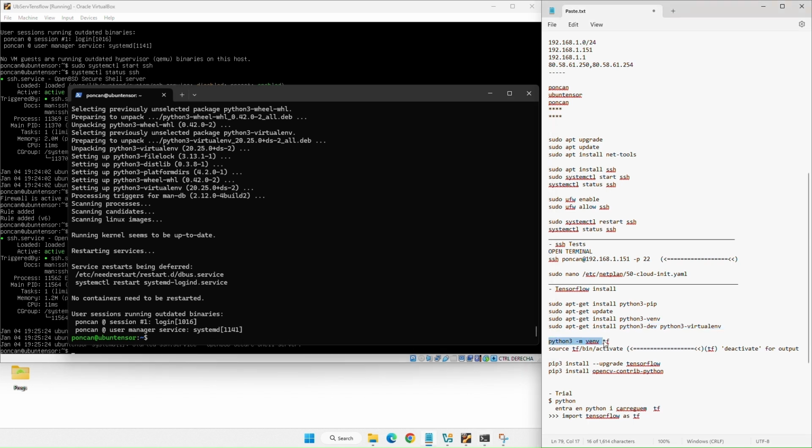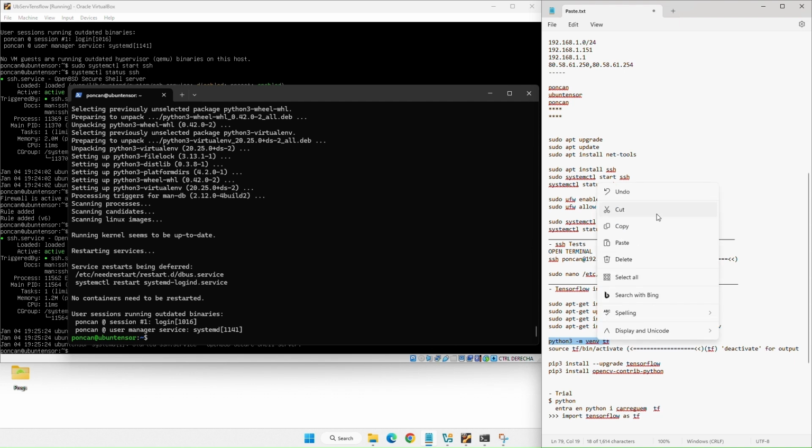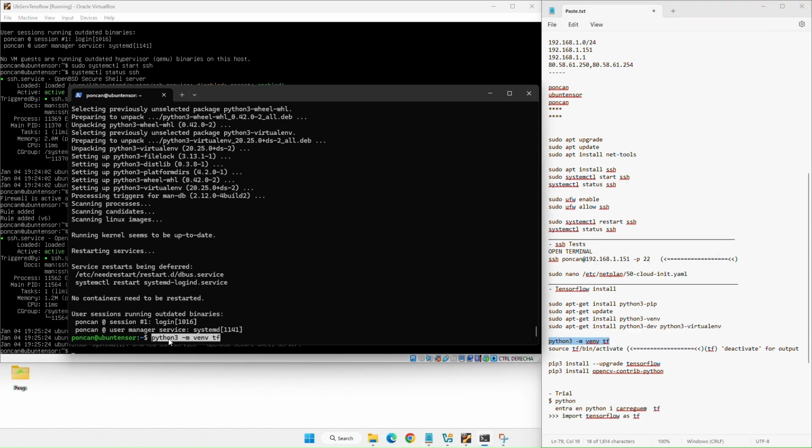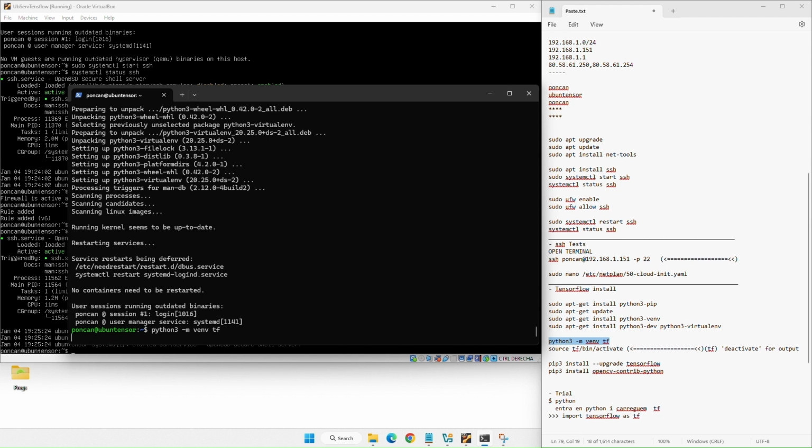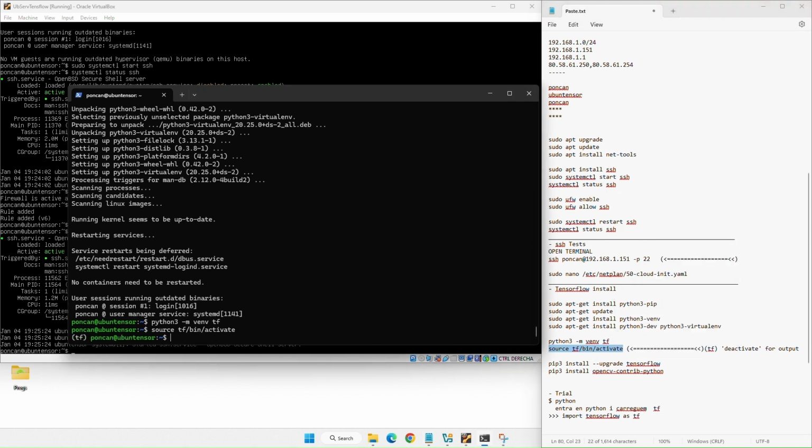We create an environment for TensorFlow called TF. This is the instruction that we will need to use to activate it in the future as well. We see that we are in the TF environment. We install TensorFlow in this environment.